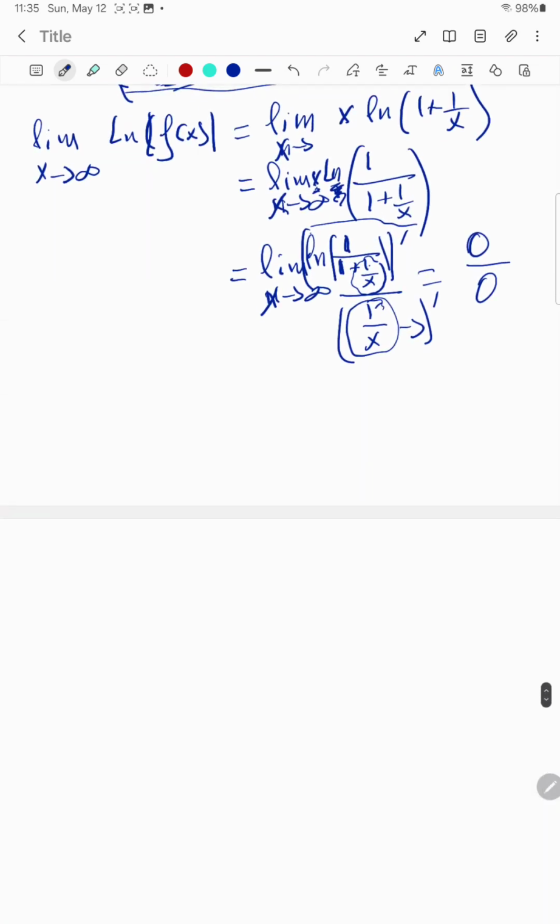So the derivative of ln of u is equal to 1 over u, and in my case, my u is equal to 1 divided by 1 plus 1 over x. So it becomes 1 divided by 1 plus 1 over x, multiplied by the derivative of 1 over x,